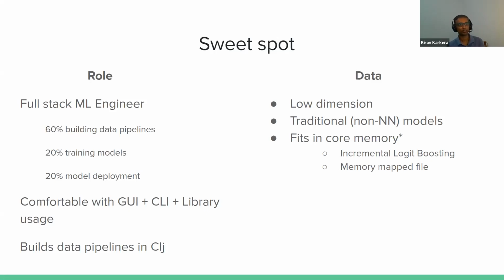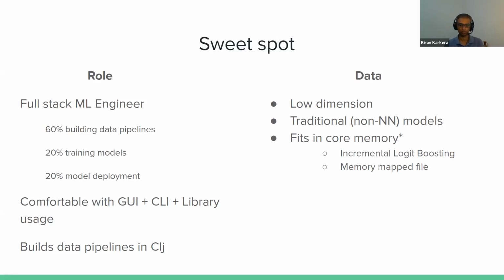clj-ml and Weka work best with traditional models, that's non-neural network models. They do have support for perceptrons and integrations with Deeplearning4J. However, that's all said and done an extension. And for most models, the data should fit in core memory. There's a star because you have a couple of ways around it, which involve some hacking. You can use memory mapped files like the Arrow work that Chris has been doing. And you have certain classifiers called incremental classifiers, where you can save and load and retrain,